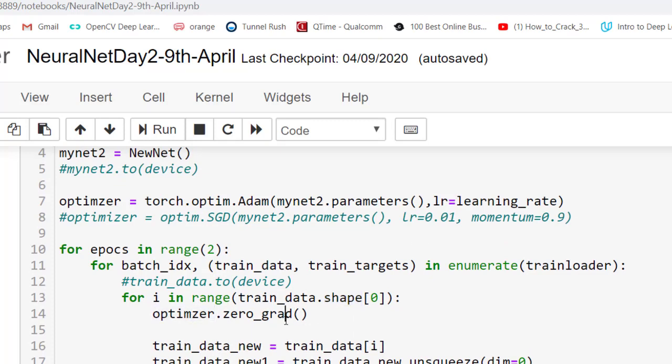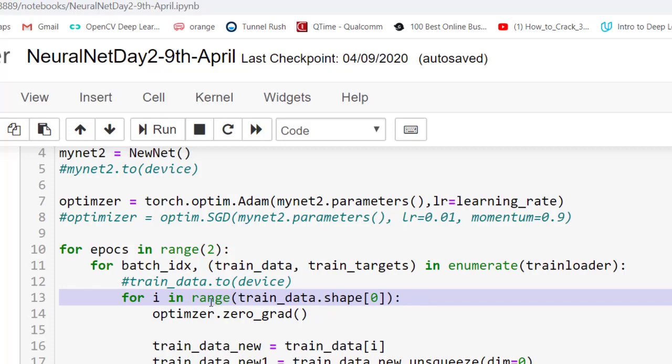Optimizer dot zero grad. I know what I'm doing here. Actually it should be done in batches, but for my sake I changed this algorithm to work on individual images instead of batches. So I am going through this once per image.